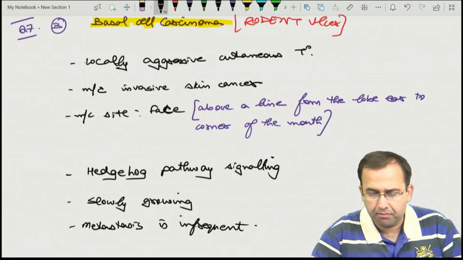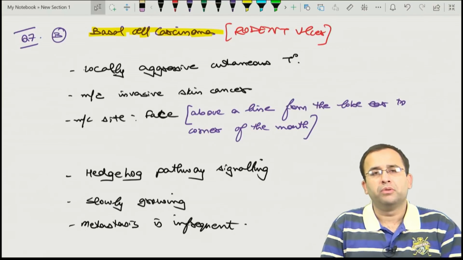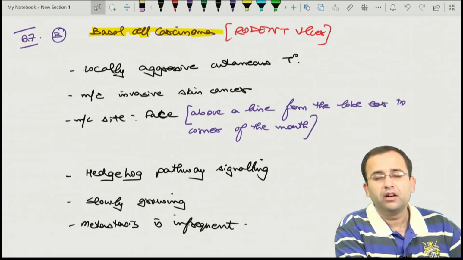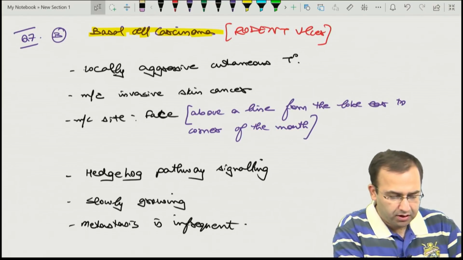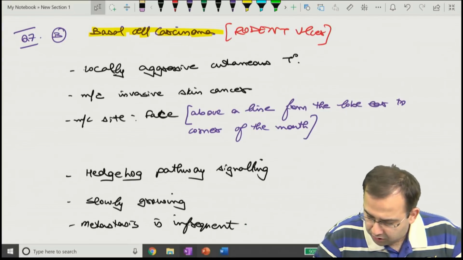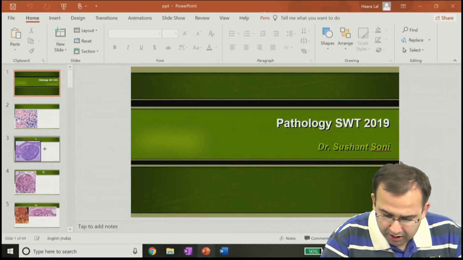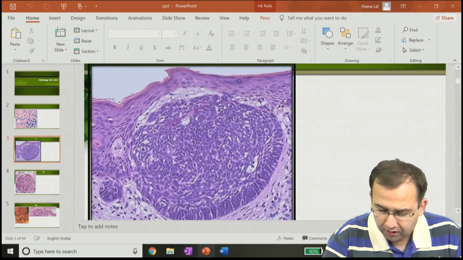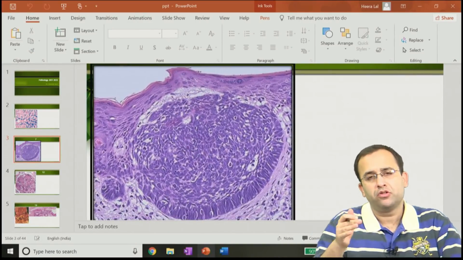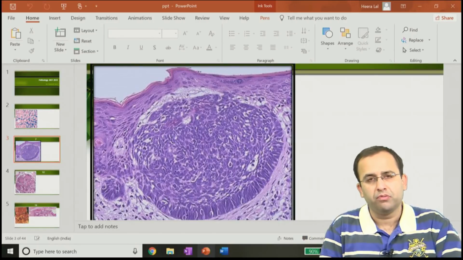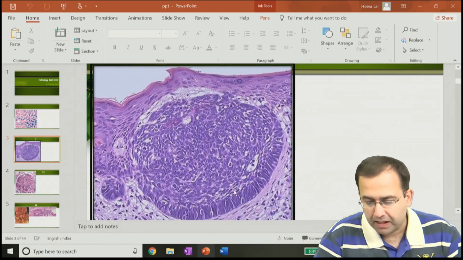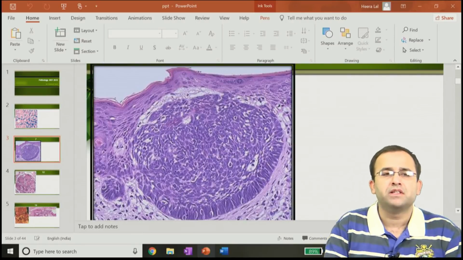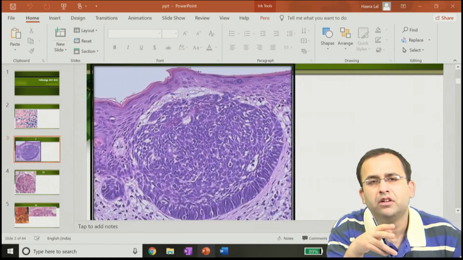This is basal cell carcinoma. Next point. Before we go further, let us see what it looks like microscopically. Microscopically it shows palisaded baseloid tumor cells with presence of a retraction